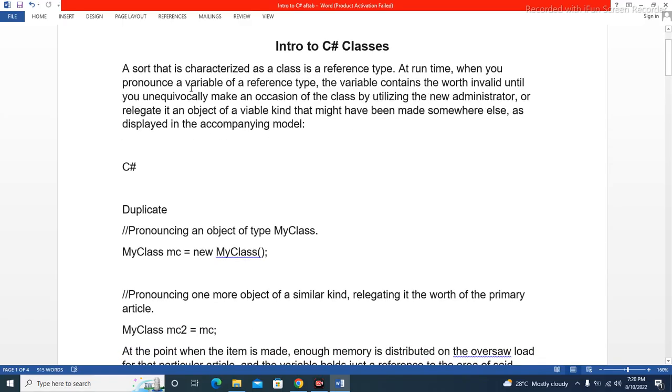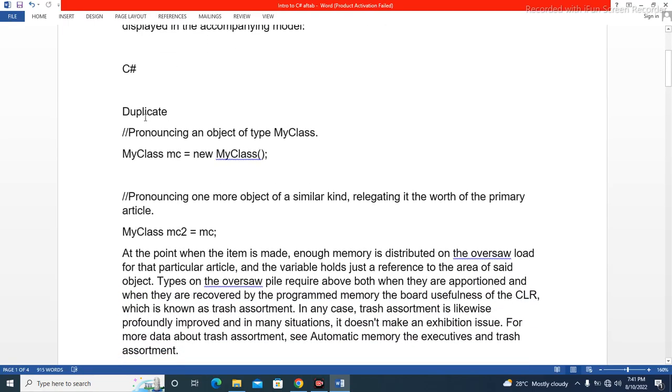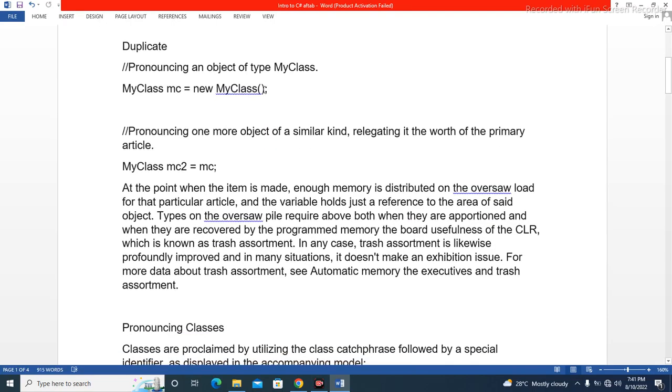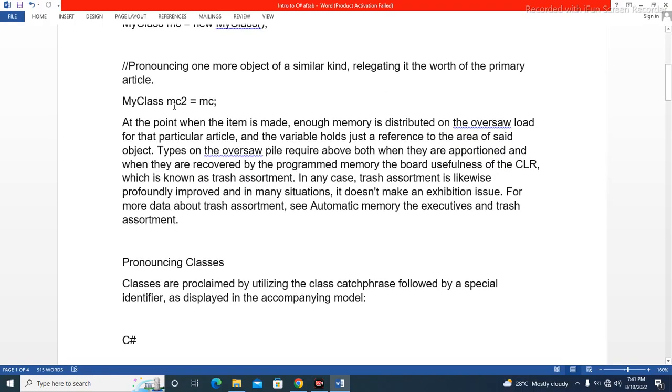At runtime, when you declare a variable of a reference type, the variable contains the value null until you explicitly create an instance of the class by using the new operator, or assign an object of a compatible type that may have been created elsewhere, as shown in the following example. C#: declaring an object of type MyClass, MyClass mc = new MyClass(); declaring another object of the same type and assigning it the value of the first object, MyClass mc2 = mc;